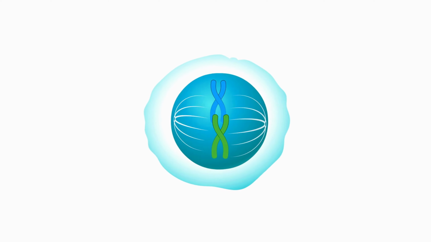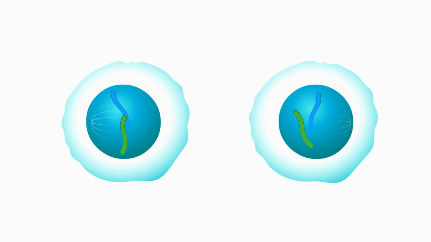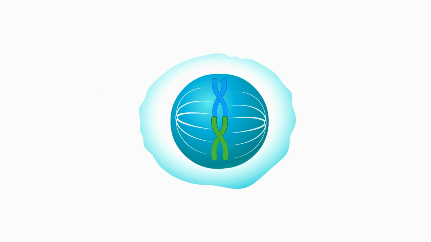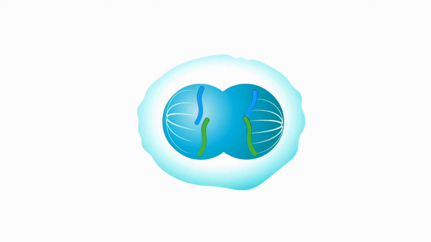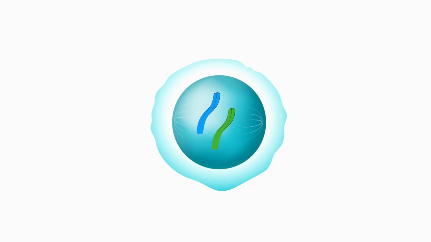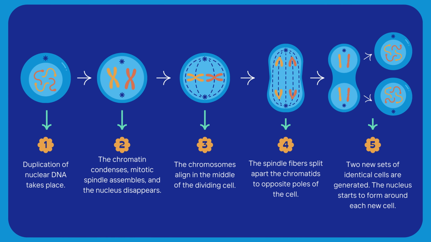Cytokinesis. While mitosis technically refers to the division of the nucleus, cytokinesis is the process of dividing the cytoplasm to produce two distinct daughter cells. In animal cells, a contractile ring composed of actin filaments forms around the center of the cell, pinching it into two separate cells. In plant cells, a new cell wall, called the cell plate, forms between the daughter nuclei, eventually